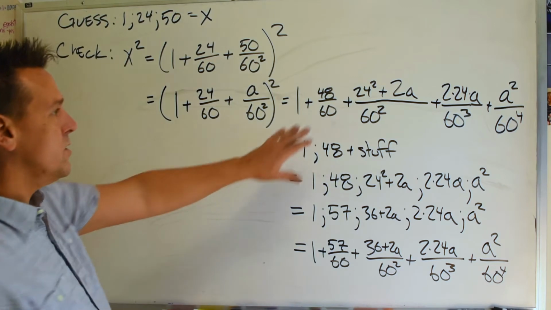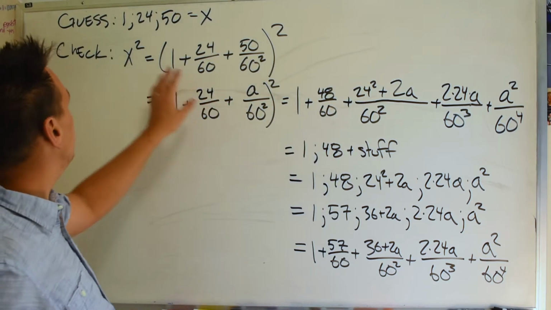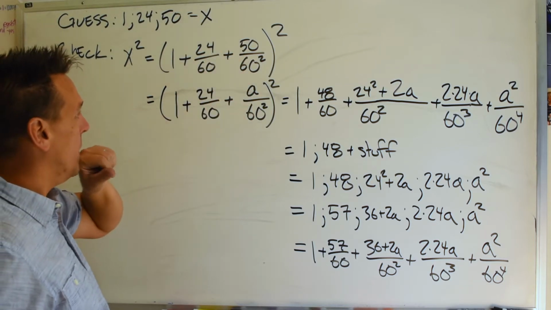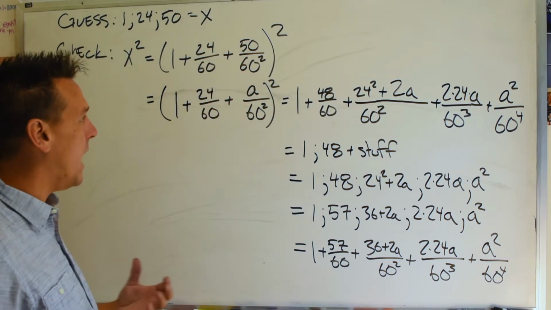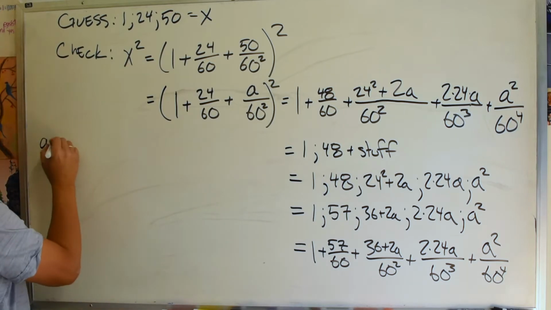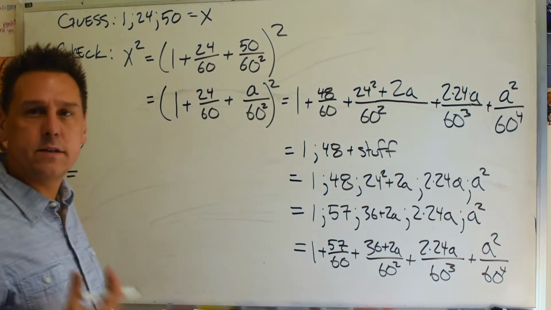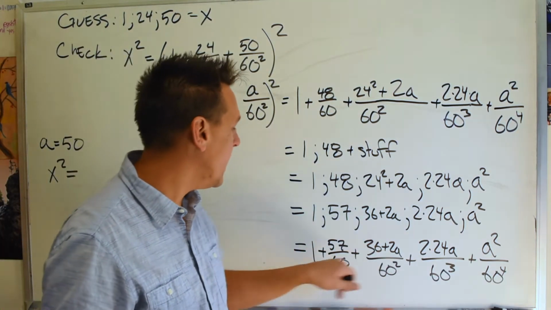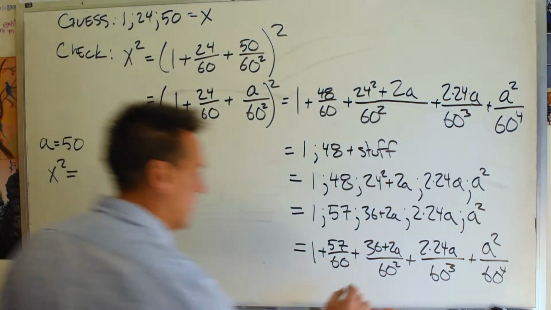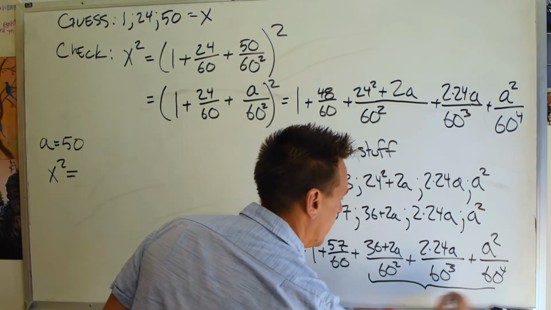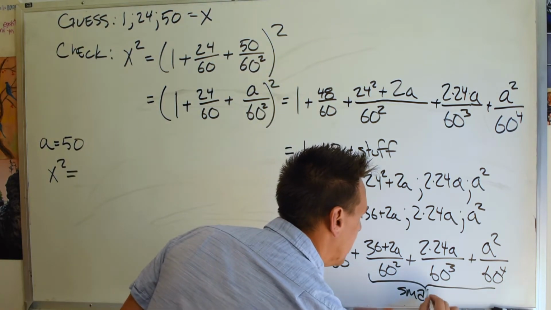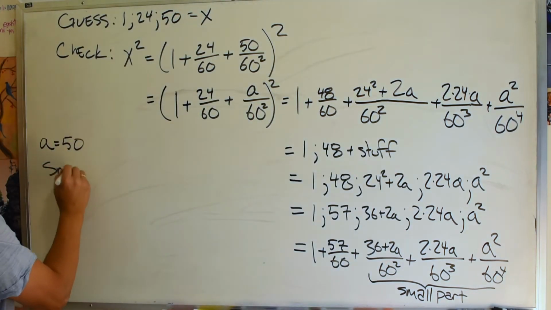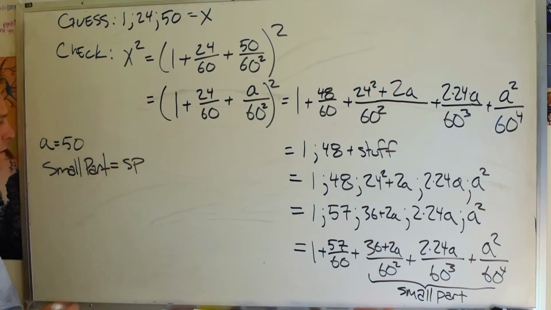Okay, so that's my general working out of what it means to check an x squared that has this third place in it. But now let's check what happens when a actually is 50. Instead of writing all of x squared each time, let's just write out the part that we're going to check and then we'll combine with it. Let's call this the small part. And now say some writing. Okay, so if it's 50, small part,